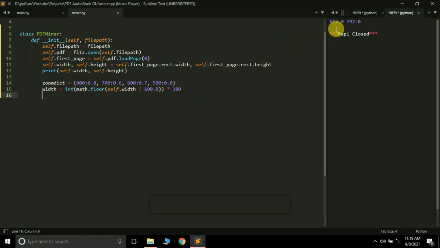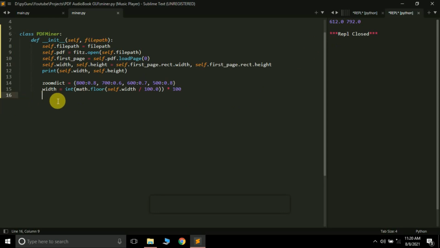See here, our width is 612. What it will do is divide 612 by 100, so it will become 6.12. We have applied math.floor here, so 6.12 will become 6. Math.floor returns an integer value, and then we multiply it by 100, so 6 will become 600. So our new width will be 600 instead of 612.